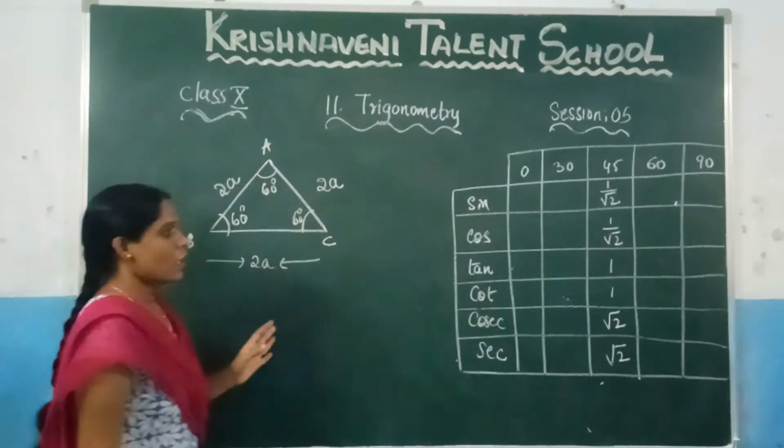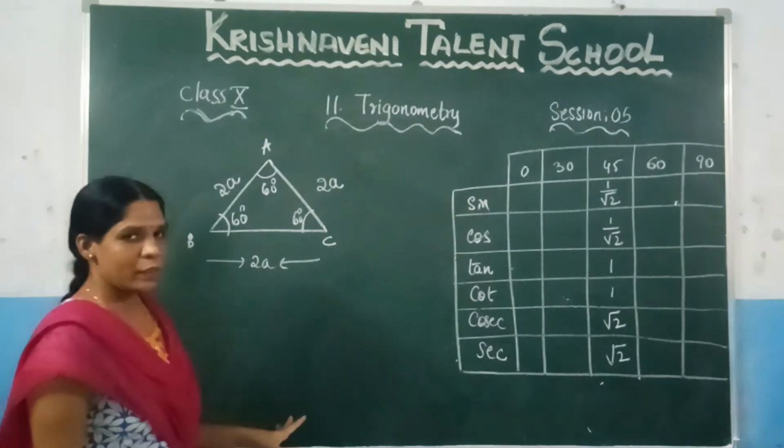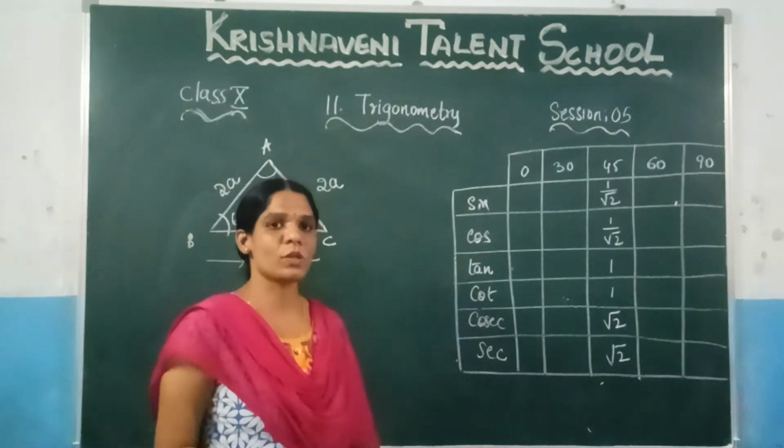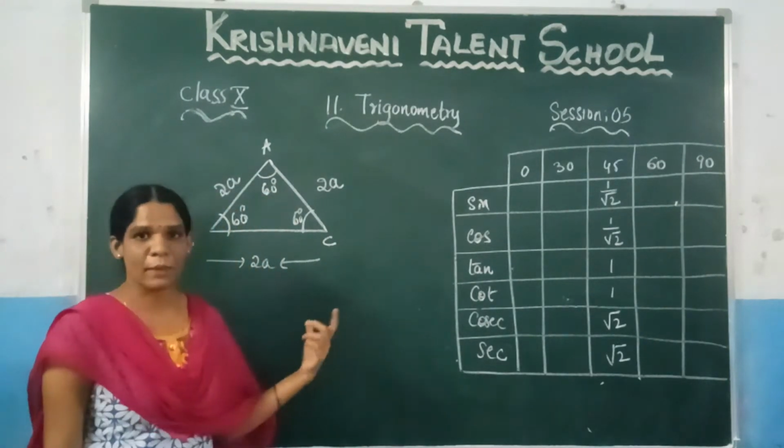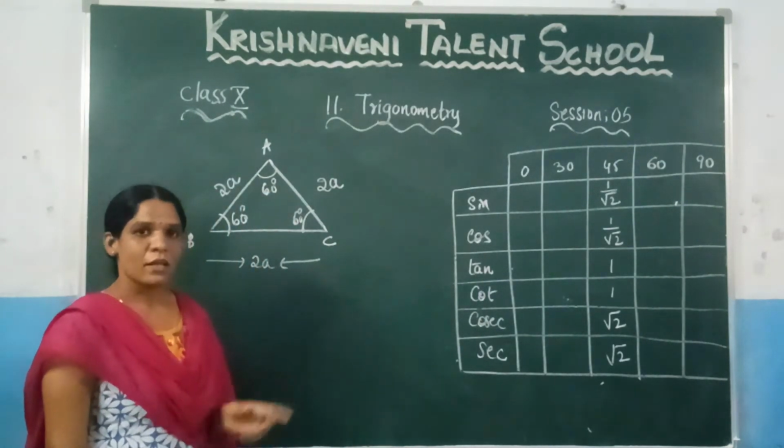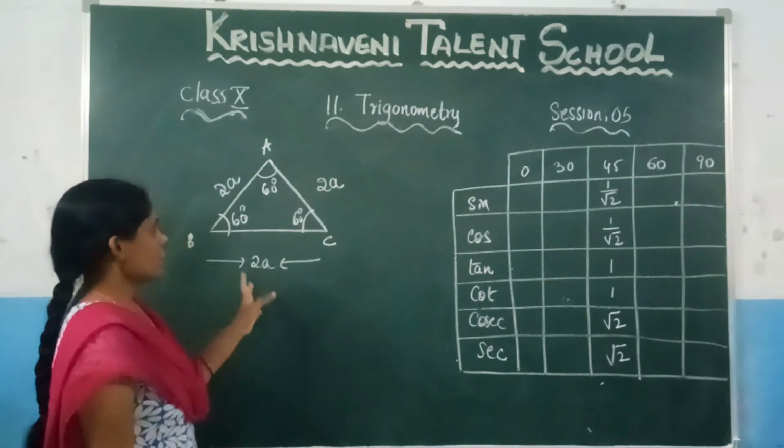You know that trigonometry is always applicable to the right angle triangle. Since it is an equilateral triangle, how can we apply the trigonometry concept here? We need to convert this equilateral triangle